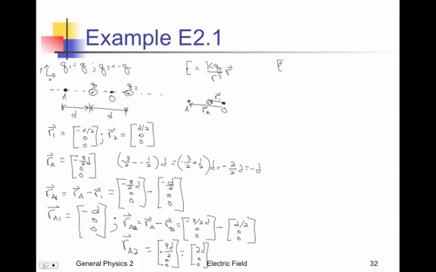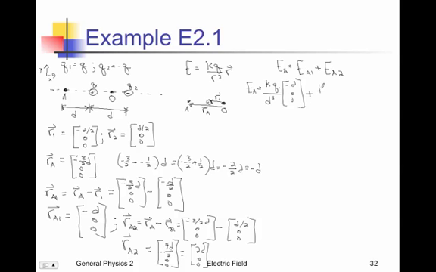So E at A is going to equal E at A due to charge 1, plus E at A due to charge 2, because of the superposition principle. Okay, so E_A, if I use my formula here, I'm going to have kQ over R cubed, the length of this vector from here to here. I know it's d, so I'm going to say over d cubed times a negative d, 0, 0,